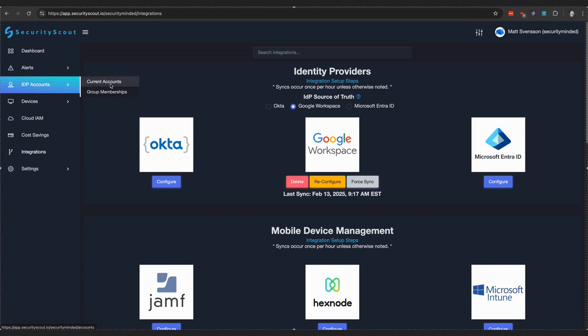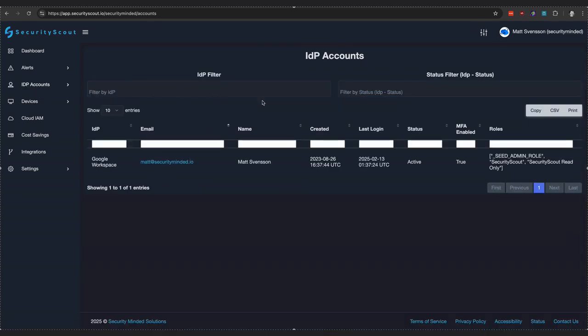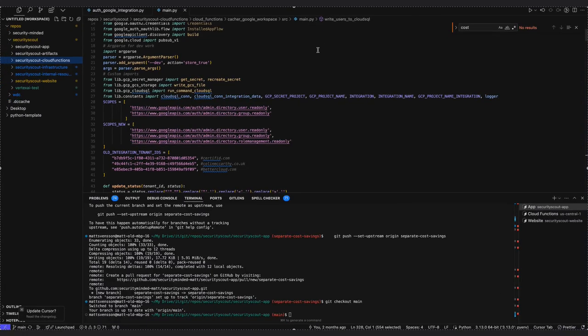Now that that is done, under current accounts, instead of having a prior is admin or is delegated admin, all of the roles will show up. This then allows for more targeted alerts that we'll be able to create based on the roles rather than a single Boolean variable. To have this work, we are now, instead of just doing user and group read only for